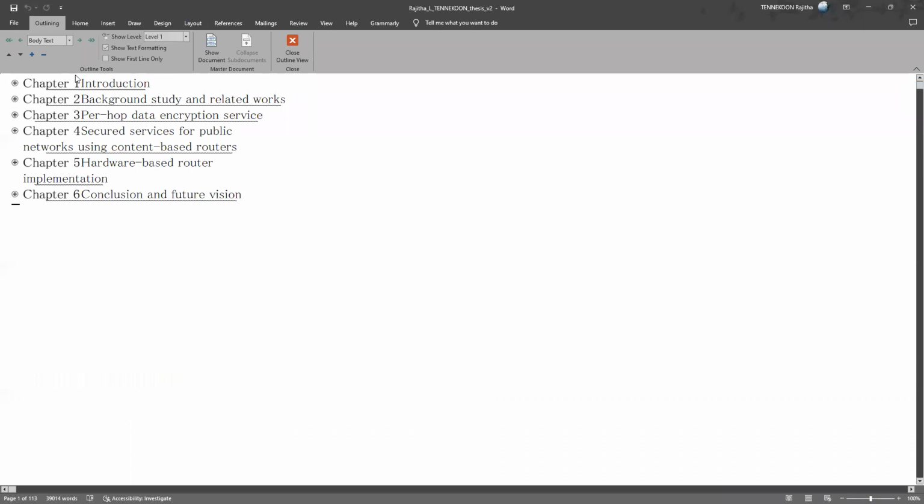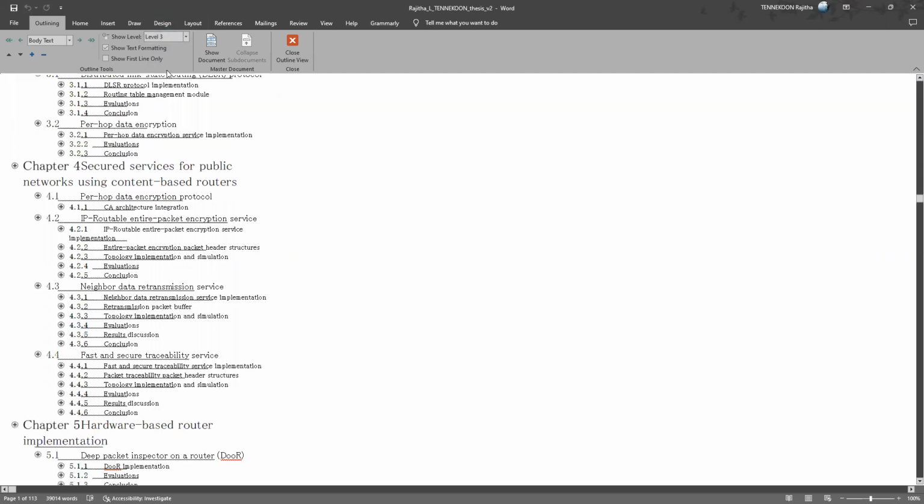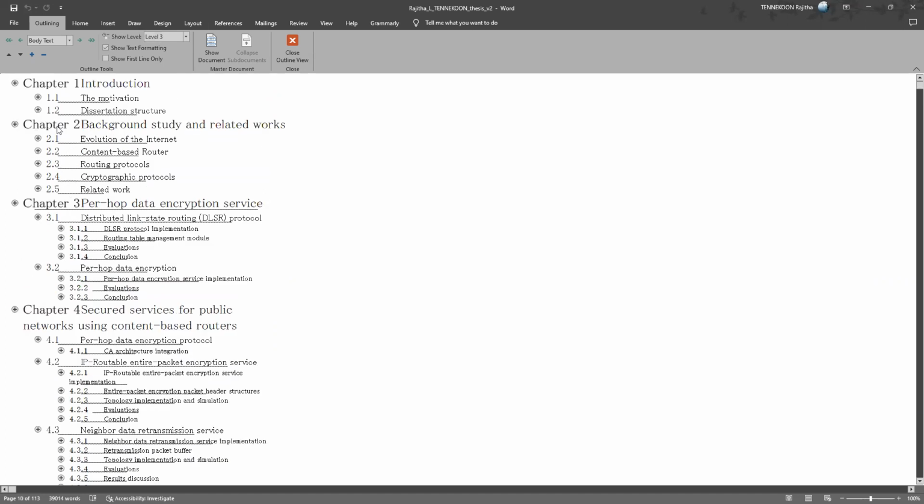If you select level 1, you can see the structure of your thesis, the flow, and whether your thesis is in a particular order. If you check level 2 or level 3, you can make sure that all the required points are covered under that level.